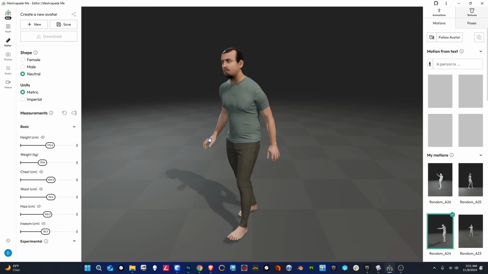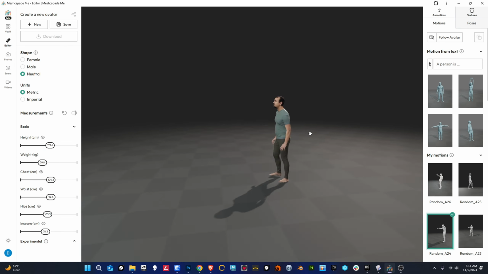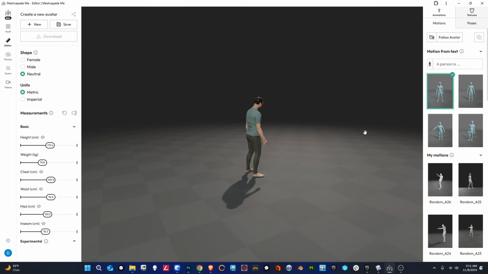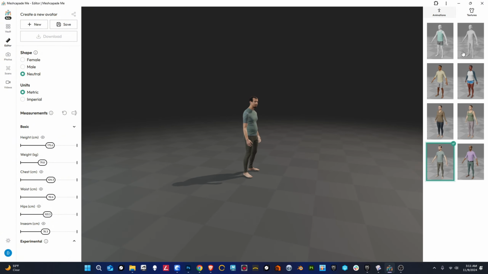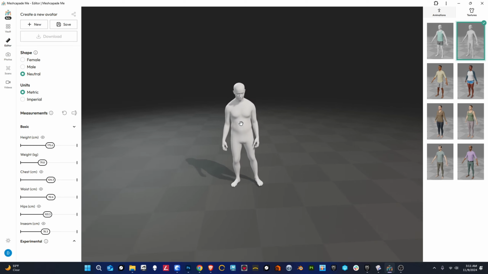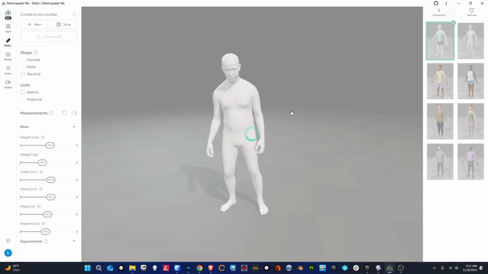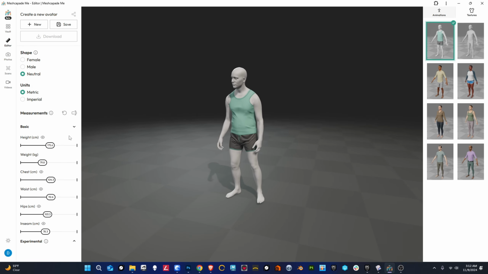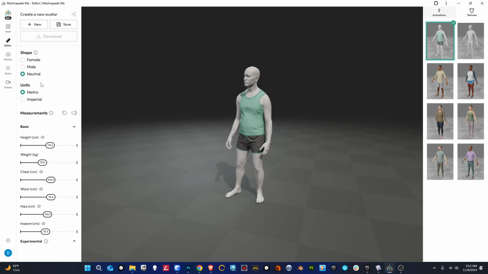So again, the scan is what I want to test next. And then of course, if you go into your editor, and if you want to actually change the model, I'm going to go back to the normal model. Under textures, I want to assign just the base one. I'll go back to the tank top. And here you can